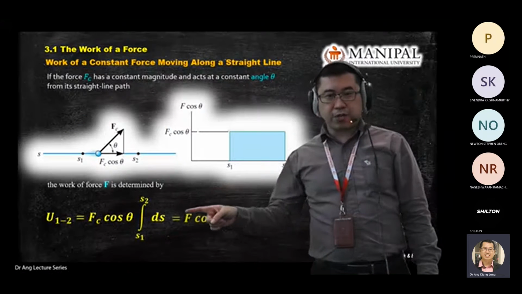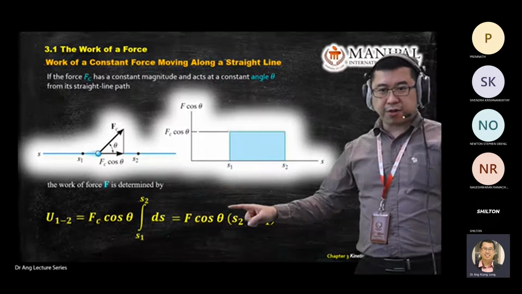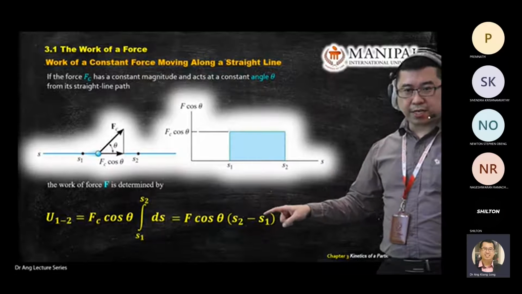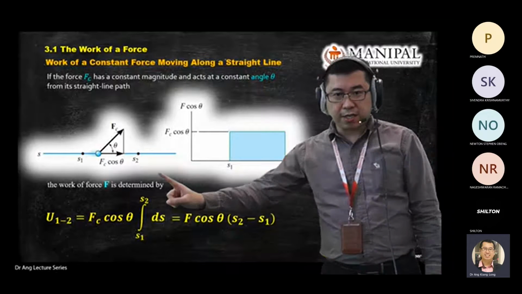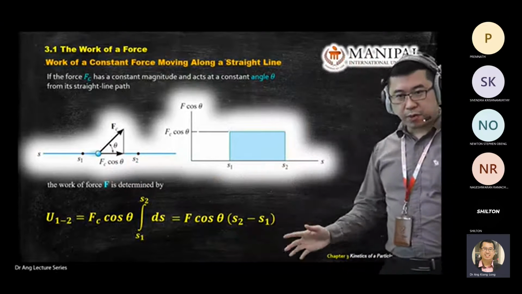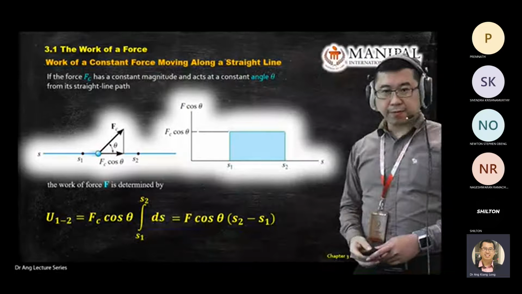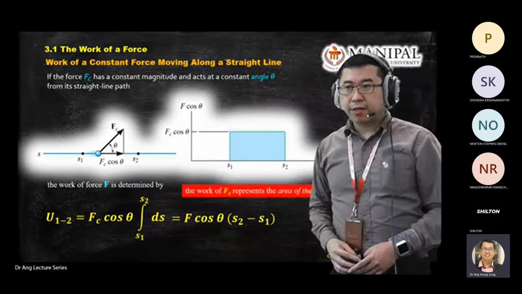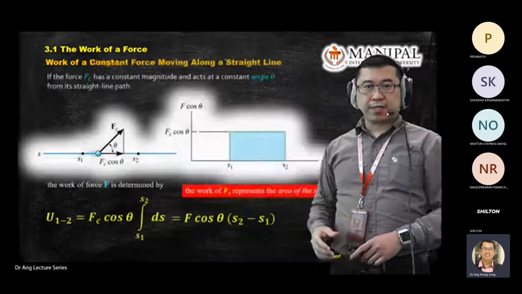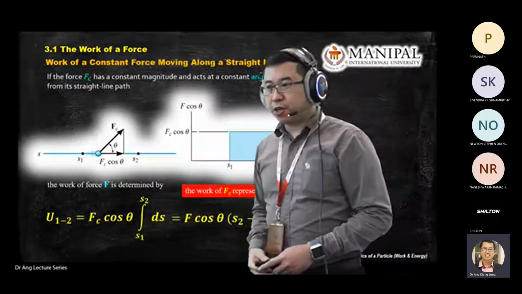If the object moves in a straight line, you can use this equation: F cos theta times S2 minus S1. Again, this is the component that goes along your displacement when you talk about work. Okay, next, we are done with the force. Next, we move on to